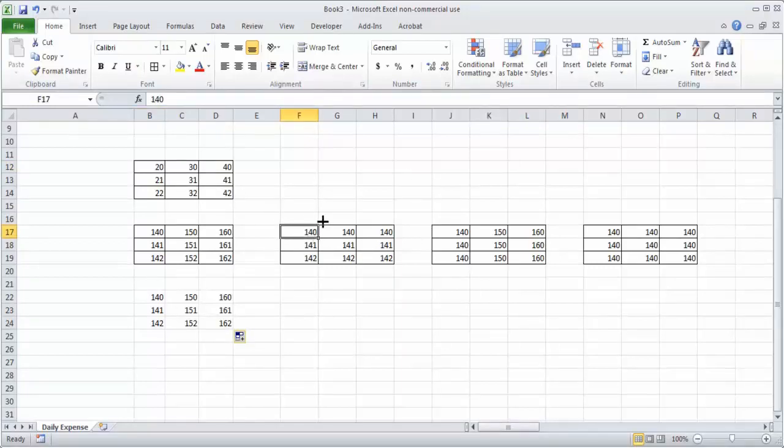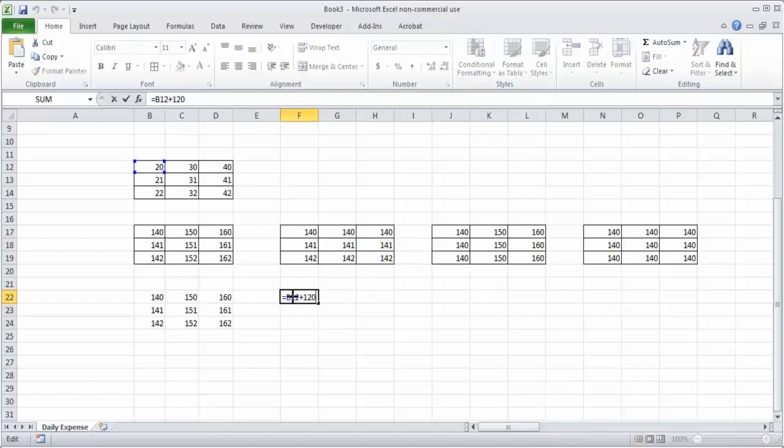Here also you are adding on this 20, here also you are adding on this 20. So you are not adding on this 30, 40. It means that when you are adding the values over here, you are referring only to this B12. Now we can achieve this. I'll show you how we can achieve it. So what I have over here is B12.